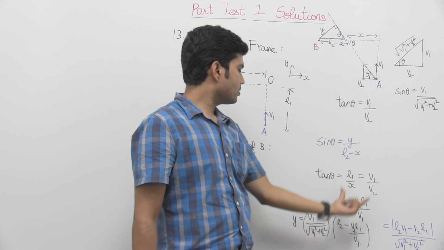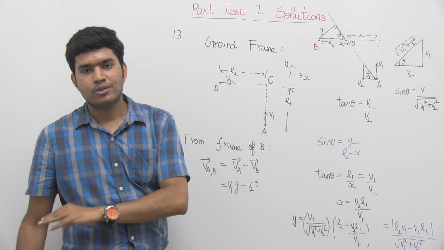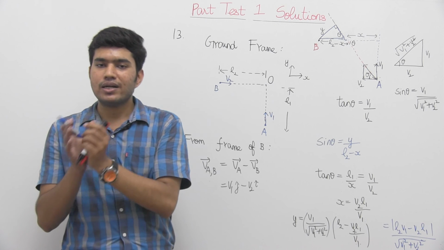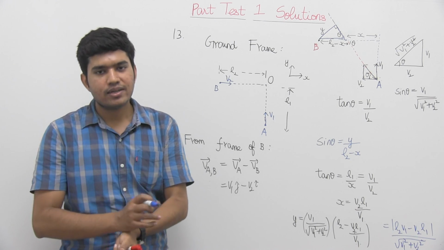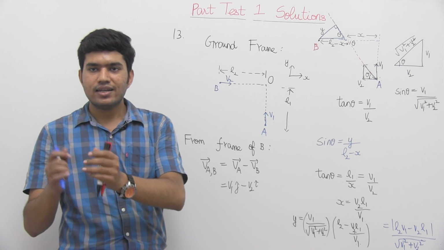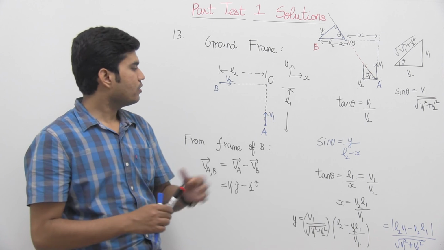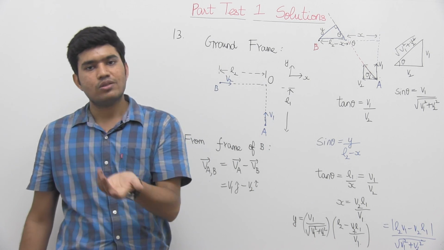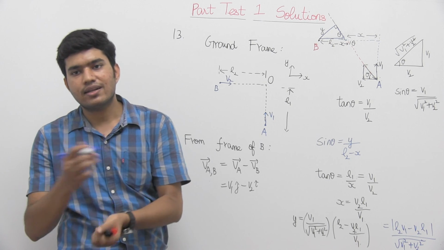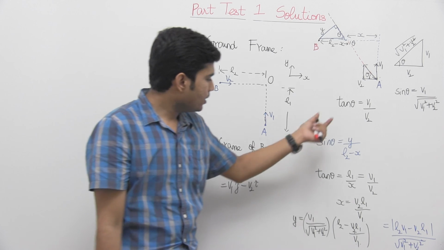Some maths we have to use, trigonometric ratios that we have all done in the mathematical tools chapter. So actually in every chapter, mathematical tools are very much required. Trigonometry you take, calculus you take, vectors you take. Unless we have a good understanding of those things, it will be very tough. Even in calculus you have to have a good understanding of what it means. So make your base strong and then you will be able to solve the question.